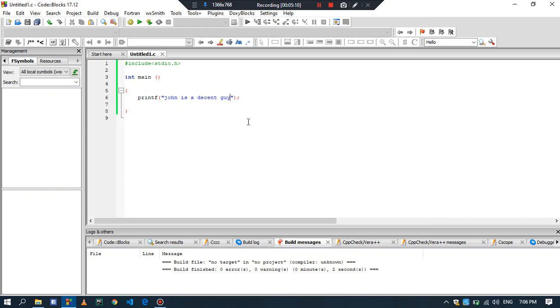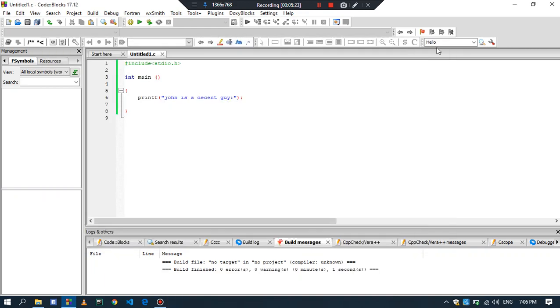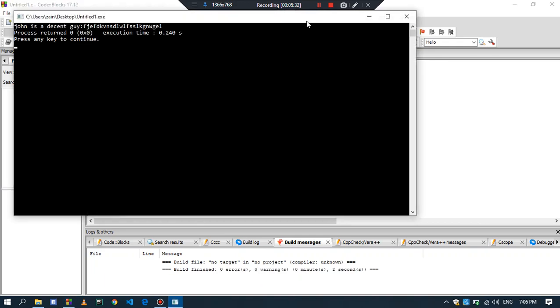For example, I write a colon after guy. This is also in the quotes, so it will also be printed on the output screen. I write whatever I want and see, it will be printed on the output screen.